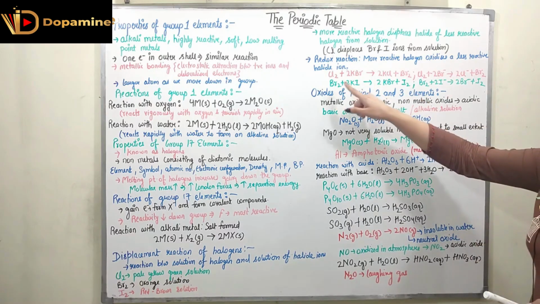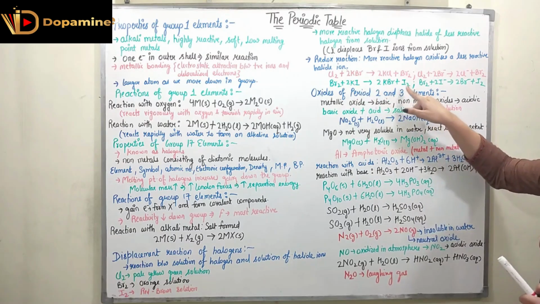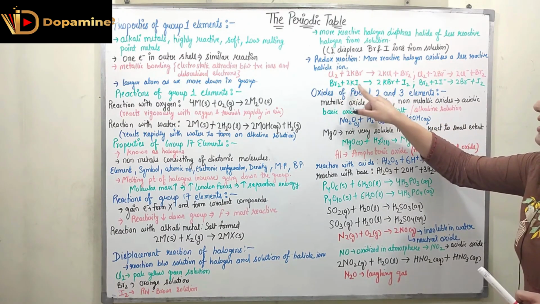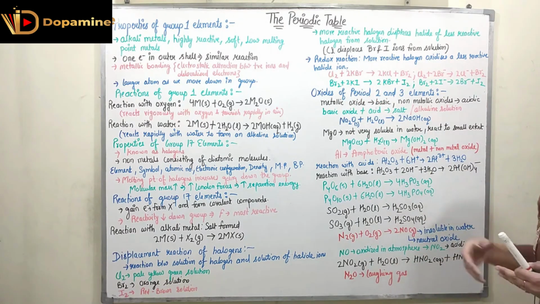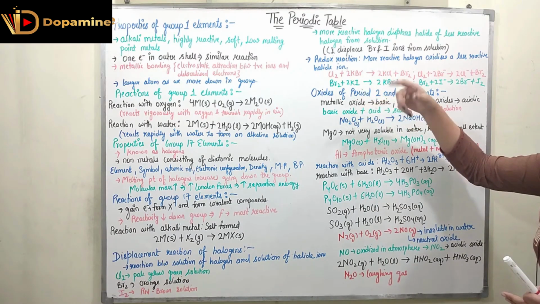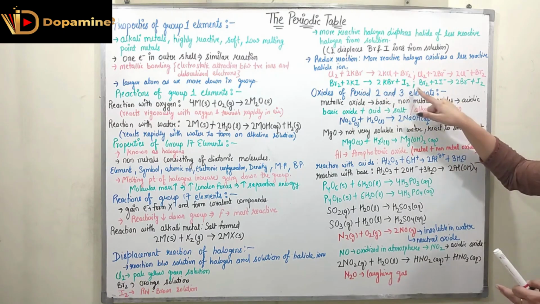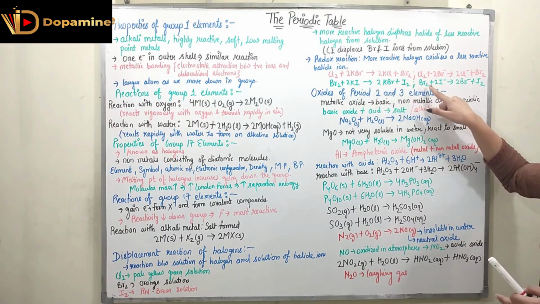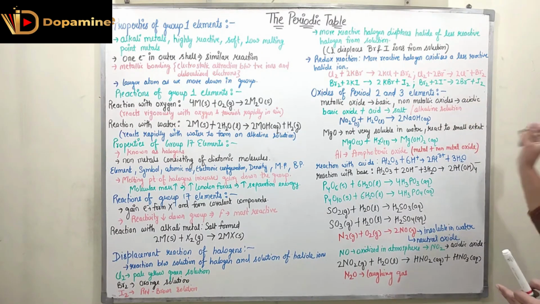Now again another reaction, where Br2 plus 2KI is going to form 2KBr plus I2. Now here what I have done is replaced the iodide over here. So bromine was more reactive. It has now displaced the iodine. It has oxidized the iodide. So now 2KBr plus I2 is formed. It is displacement of the iodine by the bromine. So Br2 plus 2I⁻ gives me 2Br⁻ plus I2.